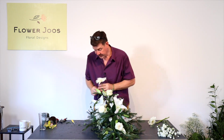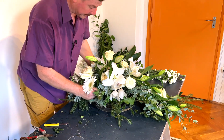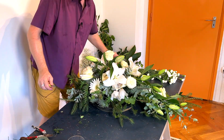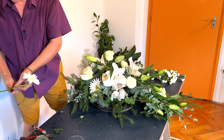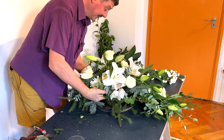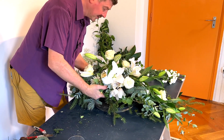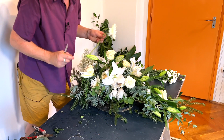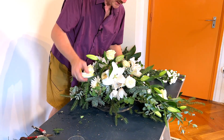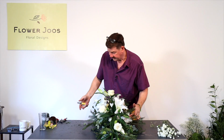I've got 3 gerberas just to give us a contrast. Now because they're a big flower, I want them more to the top end of our design. And then really our final flower is going to be these little white spray carnations. It's not a flower I use very often, and yet when I do use it I think, why don't we use it very often? But years ago when I started